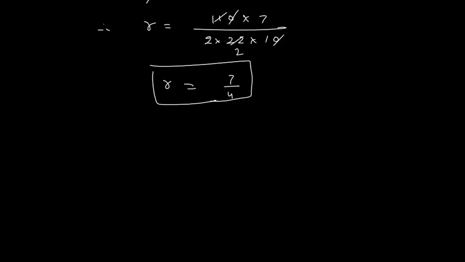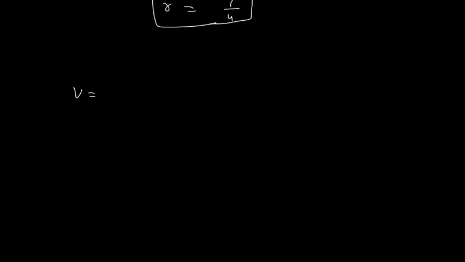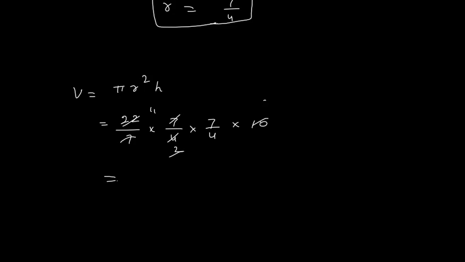Now I have to find the capacity, volume. So volume is pi r square h. So here it is 22 divided by 7 into r, which is 7 divided by 4, into 7 divided by 4, into h, which is 10. So this 7 will cancel. Now 2 4s are 8 and here I will get 11, then 2 5s are 10. So here it is 11 times 7 is 77 multiplied by 5 divided by 4. So 7 5s are 35, 35 plus 3, 38. So this is 385